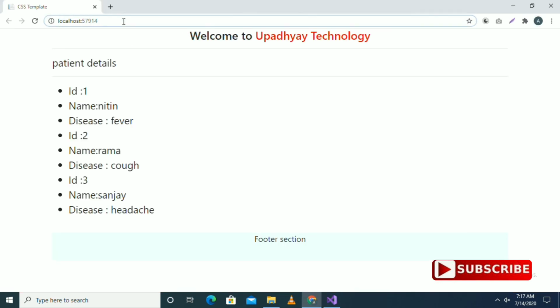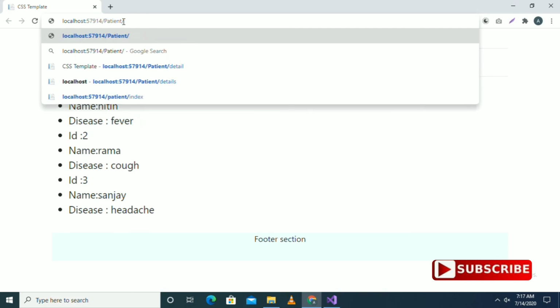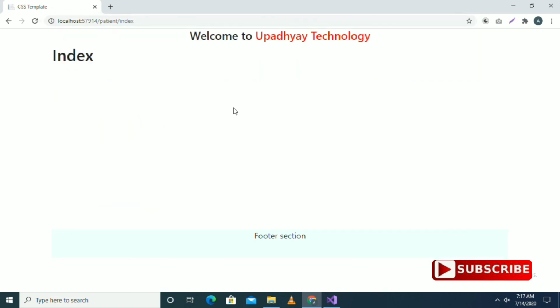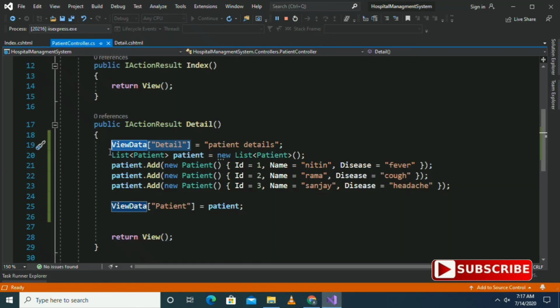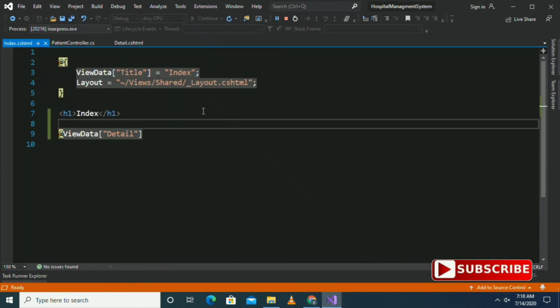It is the details view. From here I am going to navigate to the index. So at index we are not getting the patient details which we are sending from here. So in this way we can say that we can access this information from the controller only in the same view, not in another view. So what if we want to use this information in some other view? For that there is another way of storing and accessing this information. So we will continue in the next lecture.